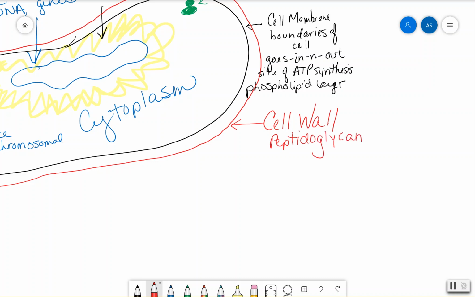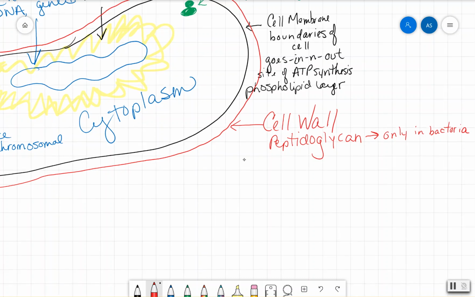And yes, you do have to learn how to spell peptidoglycan. And it is a unique substance found only in bacteria. As far as we know, no other types of organisms contain peptidoglycan. It's unique to bacteria. Now, peptidoglycan is made up of alternating subunits of